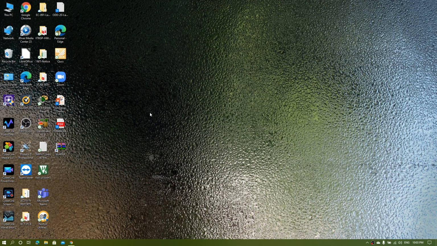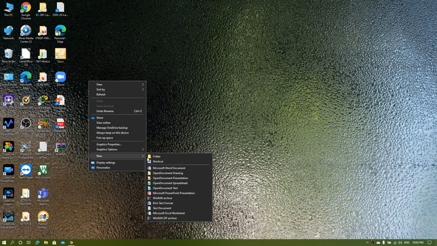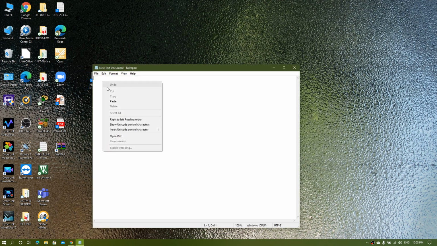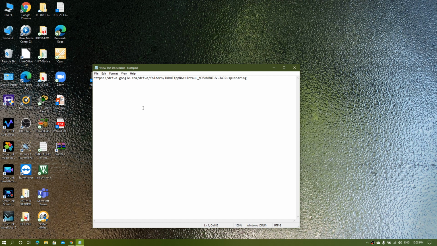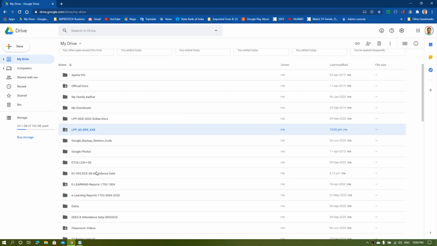minimize the browser and open a new text pad and paste it here. Okay, this will be your permanent cloud folder link. So just copy it from here again and put it to your attendance link,